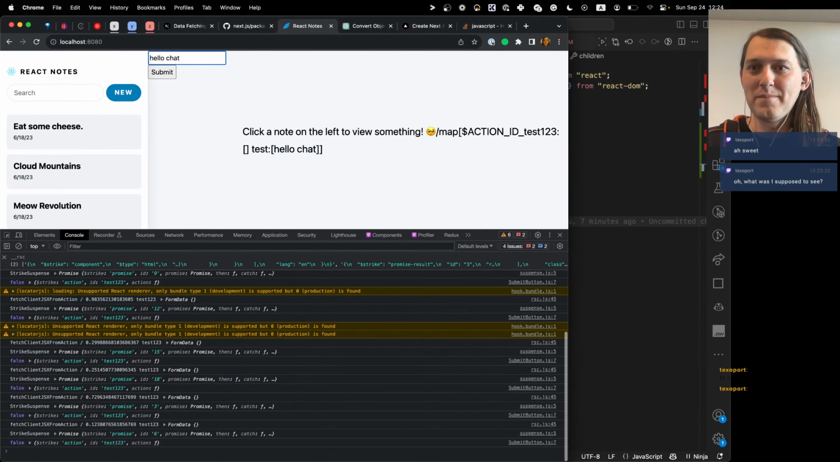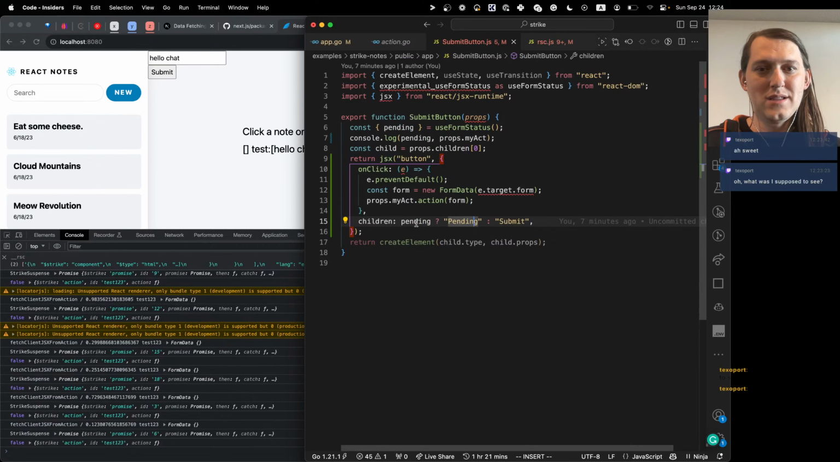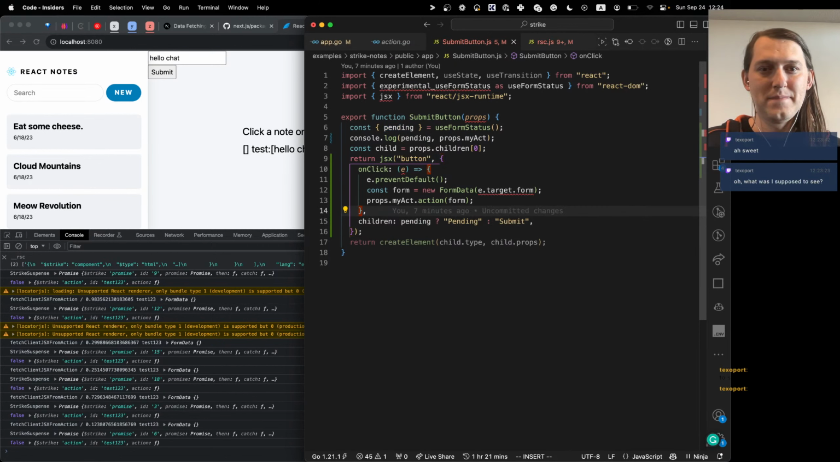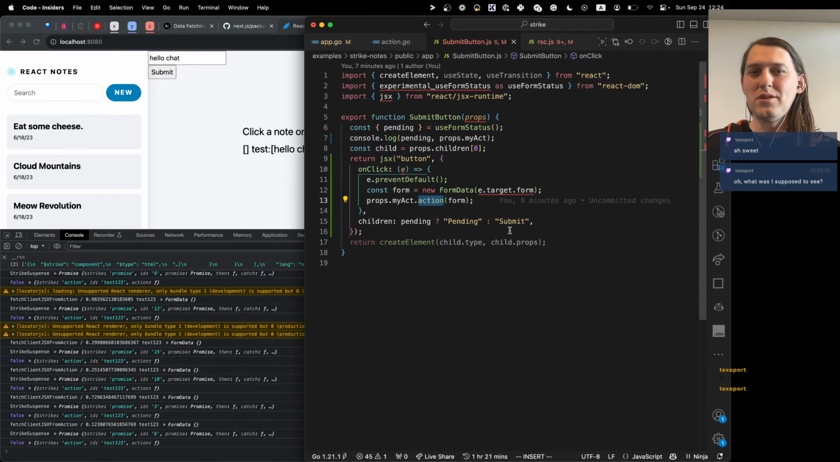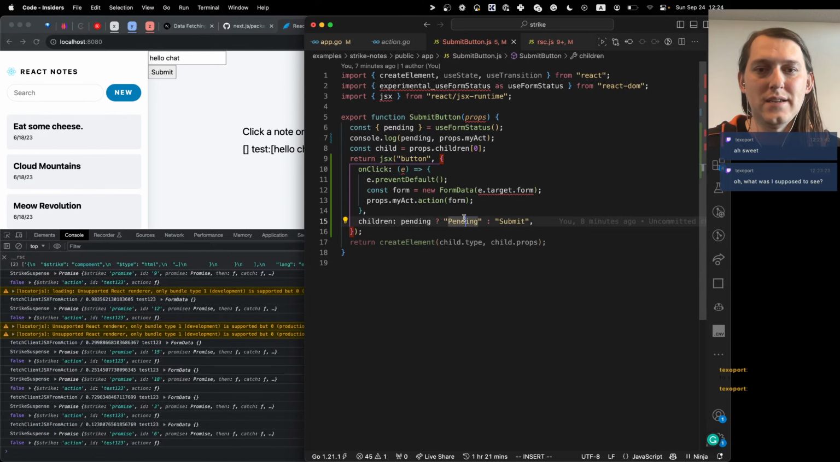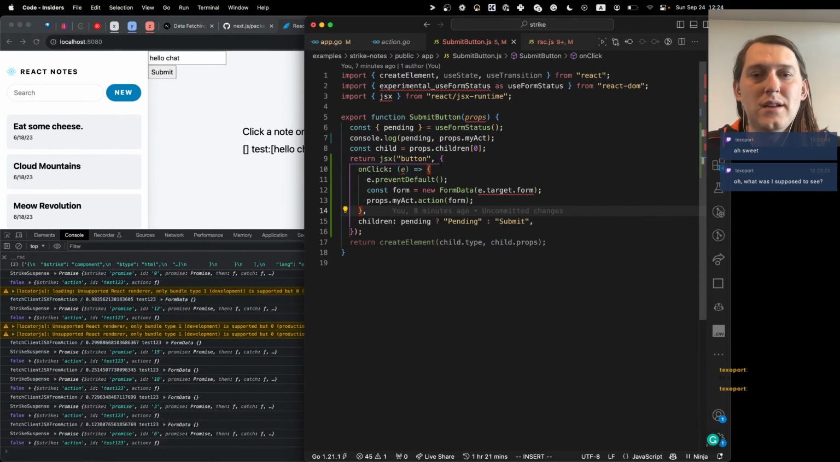One other thing is that right now it all happens inside of the right. So I don't get the promise here. I don't know when this is going to be resolved, so I can't wait for it to be resolved. So I can't set, hey, this is pending. The idea is the following: